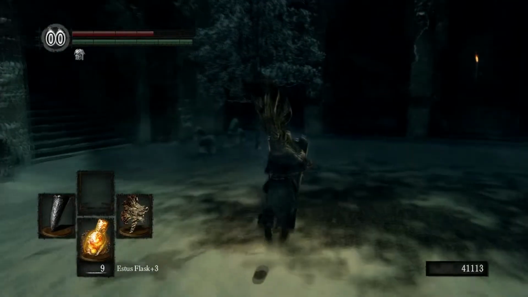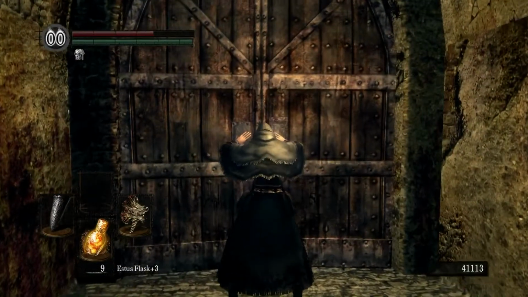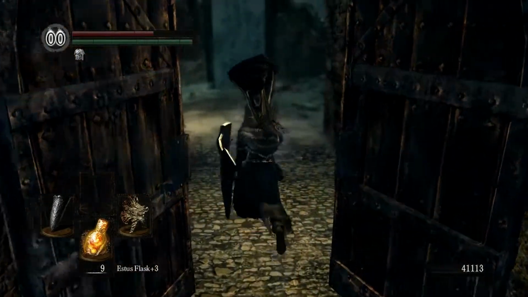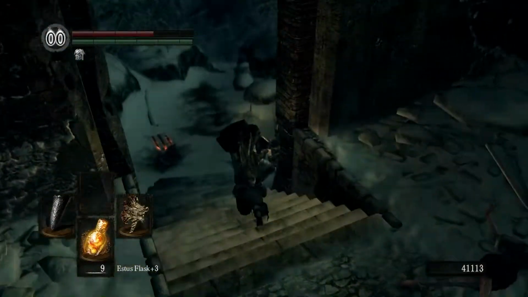Okay, I don't want to go that way yet. Is this the door? This is the door. Okay, that was the wrong door. So that door leading the other way leads to the boss. This door is the one that I wanted to open. We still want to find a way to open the boss door, but...